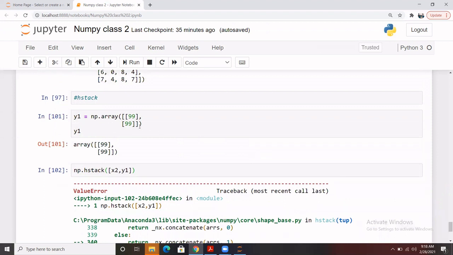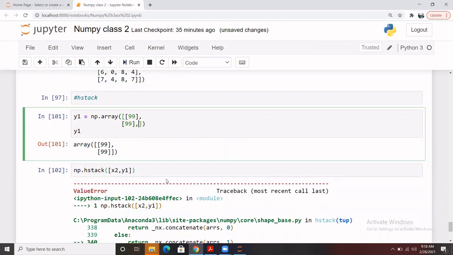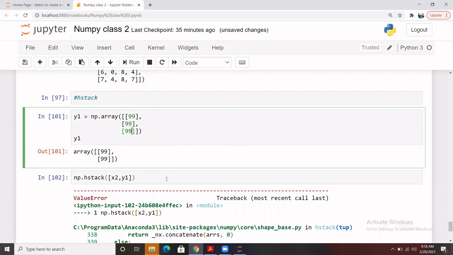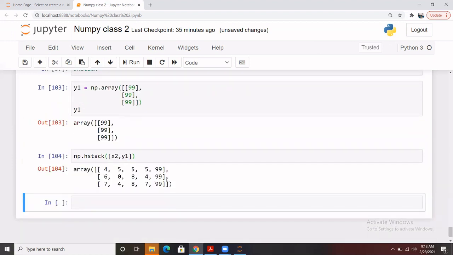So we have to pass one value here, and here it goes. Now you see it has been stacked. So we have to be careful when stacking that the dimension or the value should be similar, then only we can stack.